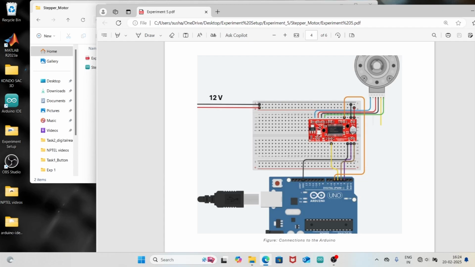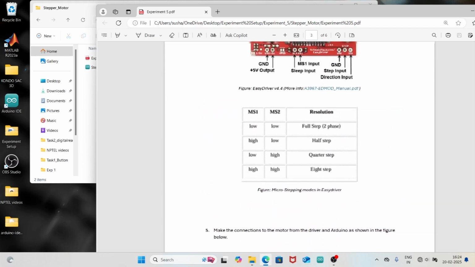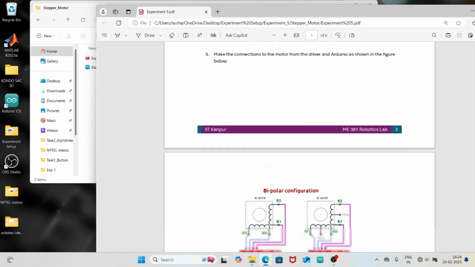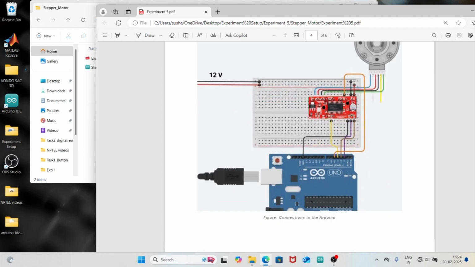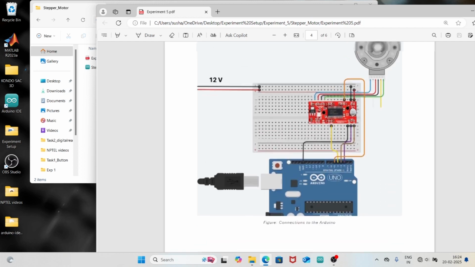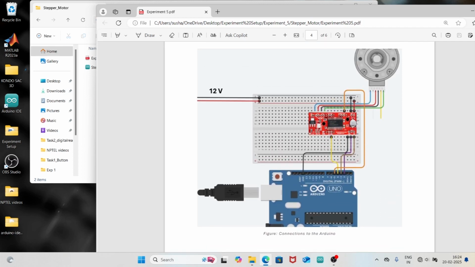Four of these, you can see the 4 colors, get connected onto the top part of the driver, which is coil A and coil B. Then we have the direction pin, which enables the motor to rotate in a particular direction, and these are connected to the corresponding pins of the microcontroller board. As we go along, we'll see how the connection has been made.